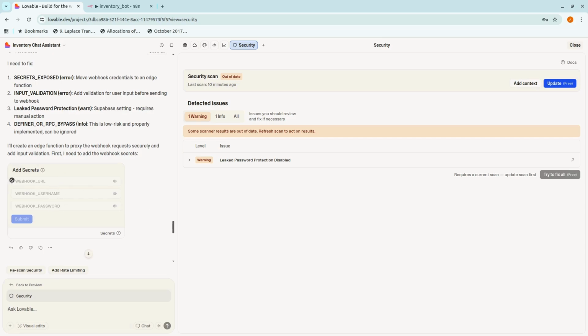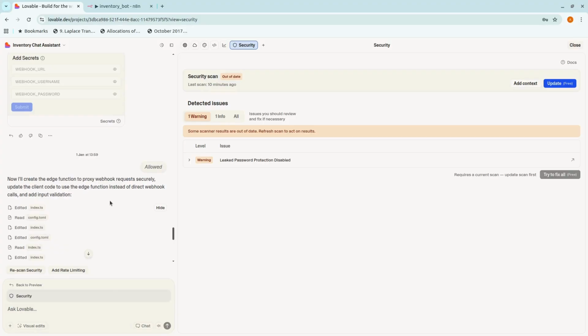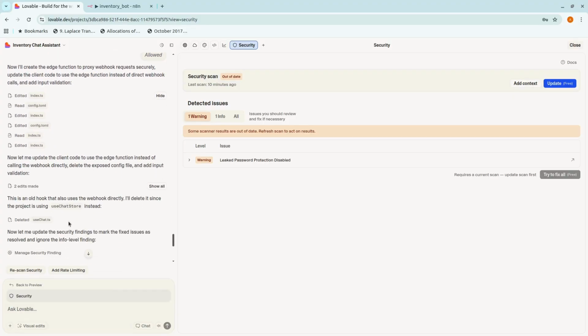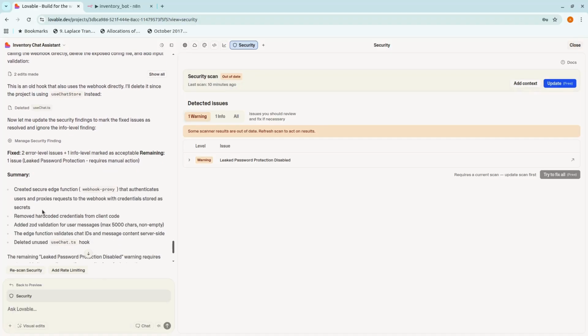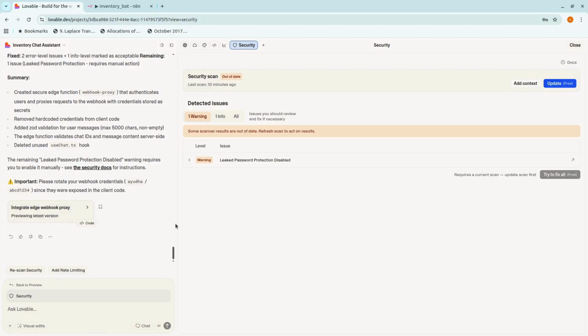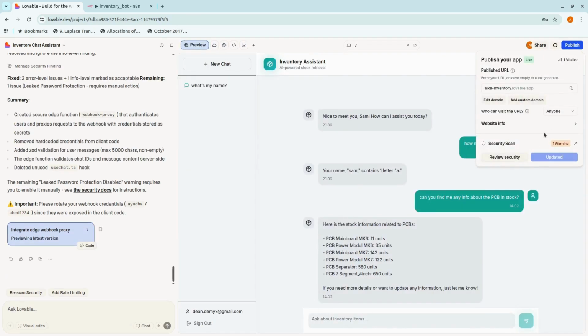So I just input my webhook URL, username, and password. I changed everything, and I think this information isn't going to be leaked or easily found from the code anymore, because if we have a look at the history, as you can see, it deleted some part of the code. Okay, now after that, when you're confident with this, come back to the web and click publish, put the name on it,